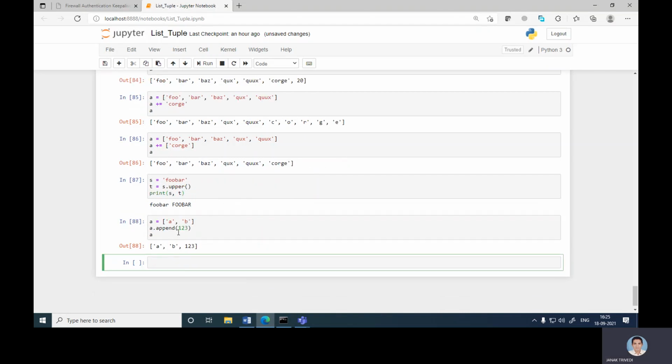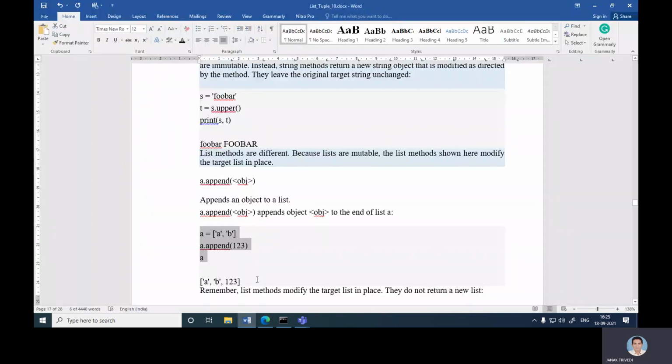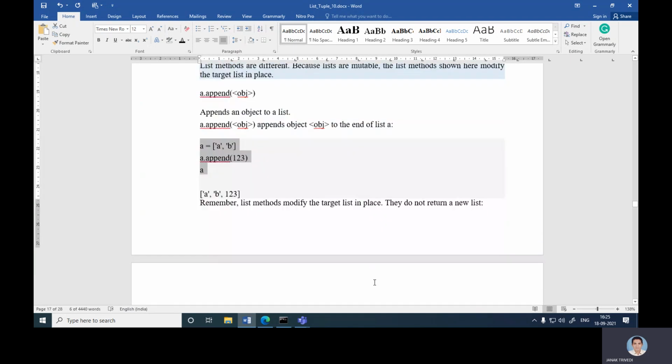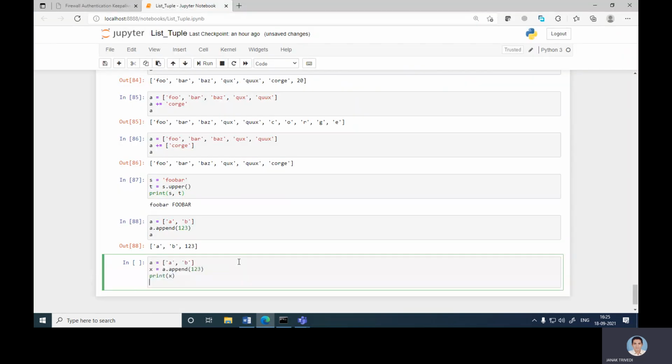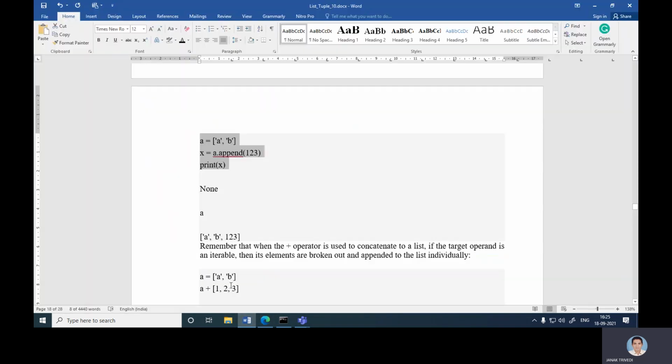Okay, so now a is ['a', 'b', 123], but this method modifies the target list in place. They do not return a new list. Actually, they change the list. Okay, so x = a.append(123), print x. In this case it is None. Why None? a.append, x equal to a.append(123), print x, it provides None.